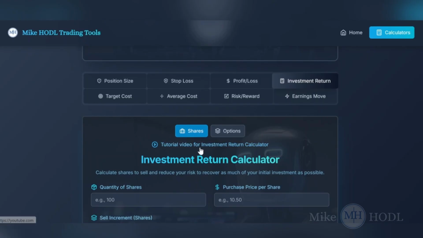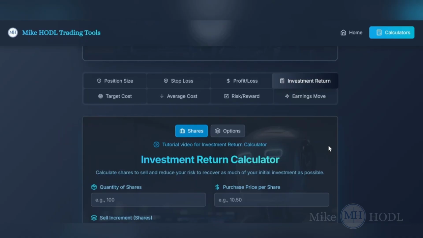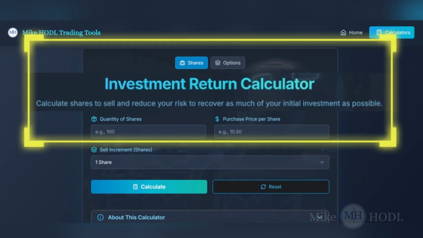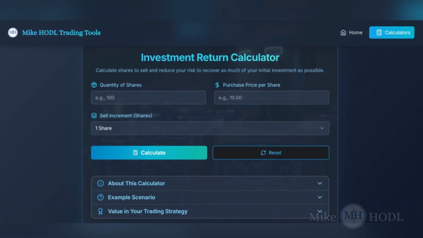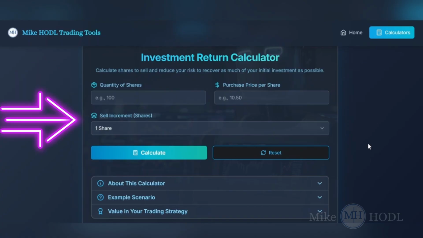Just below this toggle section, you will see a link, Tutorial Video for Investment Return Calculator, which is more than likely the link that got you to this video. The Investment Return Calculator calculates shares to sell and reduce your risk to recover as much of your initial investment as possible. Now, you have three entry fields here: quantity of shares, purchase price per share, and then the sell